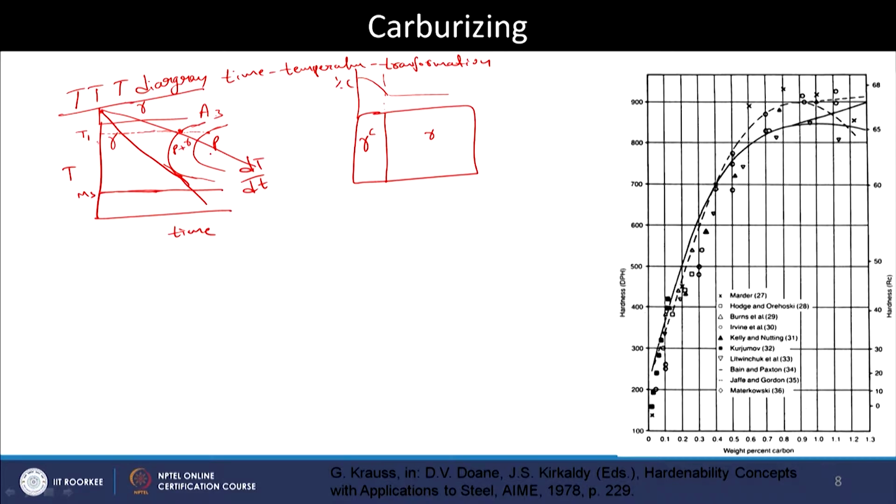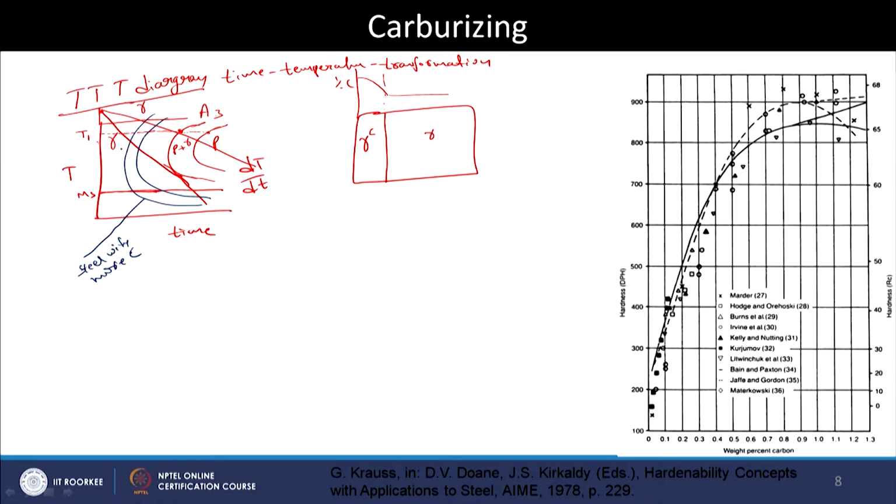However, these diagrams are known to have a dependence on the steel chemistry. How can we see that? Suppose, for example, I have another steel having more carbon than what has been shown here, this is for steel with more carbon. Now, because the curve is being shifted towards the left,